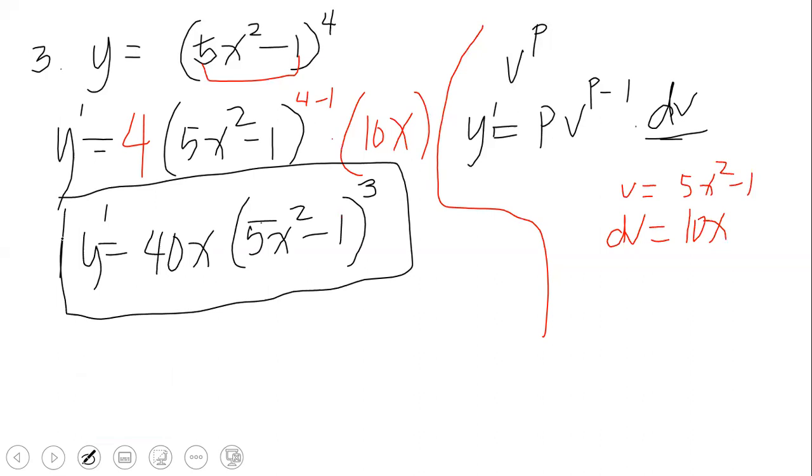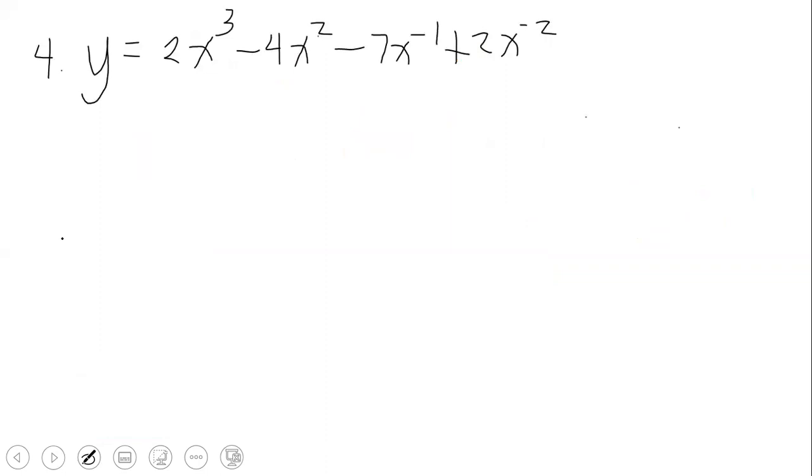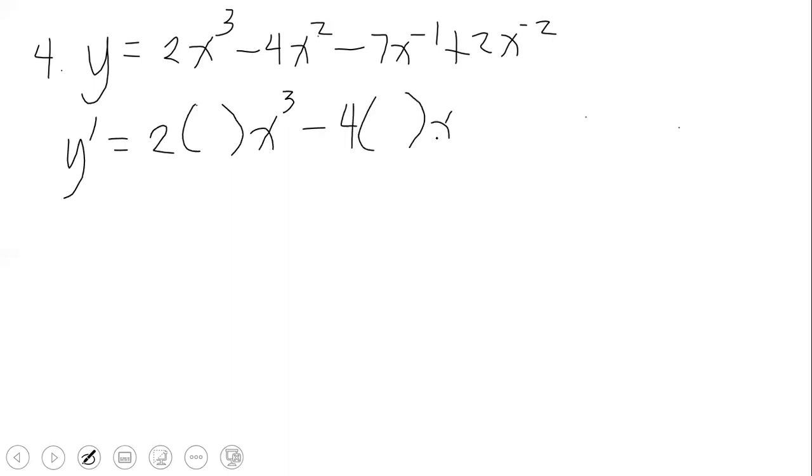Let's have number 3, number 4. So from number 4, the fourth item is differentiation again of a polynomial function. So y prime. So copy na natin yung mga terms. Ganyan. X cube